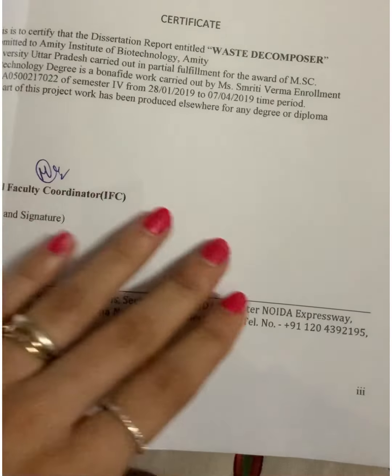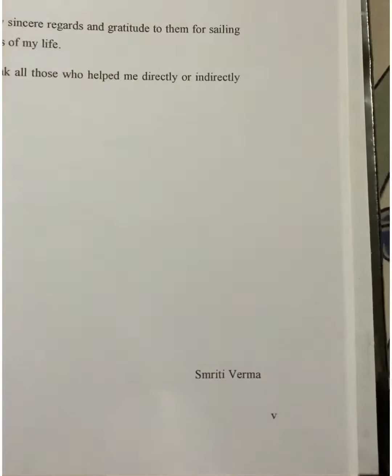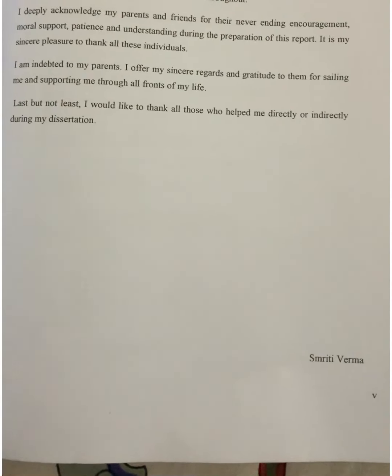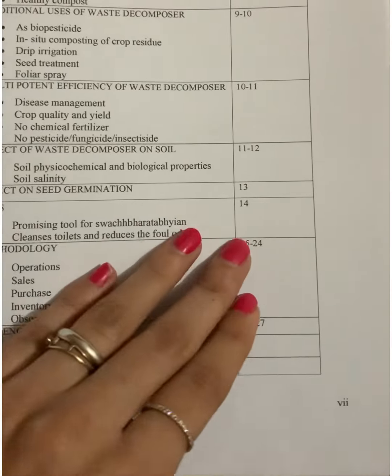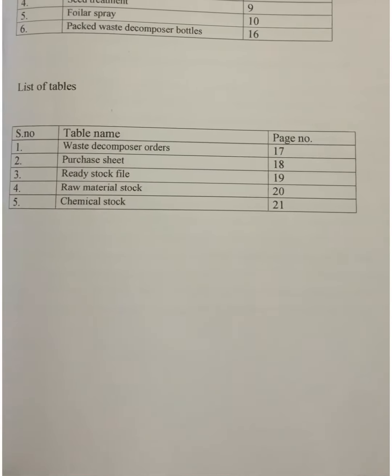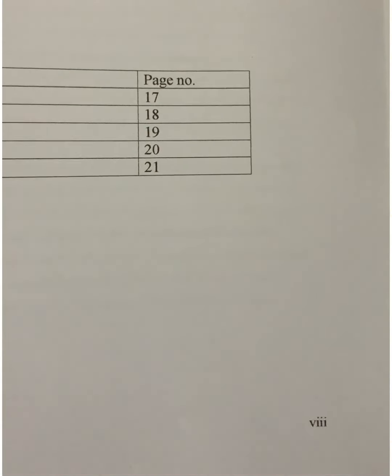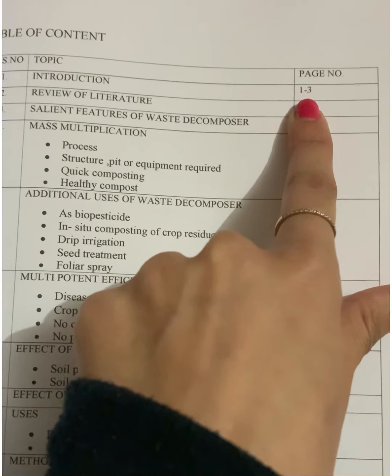Now the next one, again the third page number, and then the fourth page number for the declaration page, the fifth page number for the acknowledgement page, and then for the table of contents you mention the page numbers again, 7th and 8th. And after this, you don't mention the page number in Roman numerals. The page number starts serial-wise, that is from page number 1 onwards.